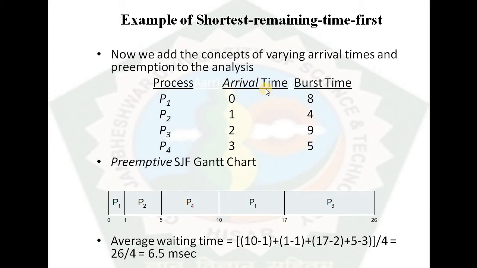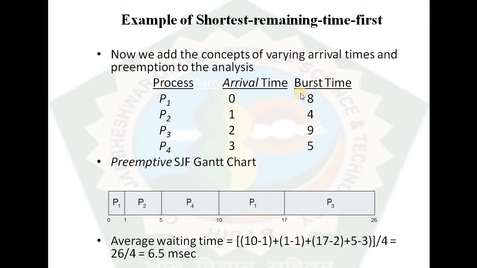It represents the arrival of these processes. Firstly, process P1 comes at time 0. As the time goes to 1 millisecond, you can say the second process comes into the ready queue. When the time goes to 2 milliseconds of the total time, process P3 comes into the ready queue. After the 3 milliseconds of total time, again one process is added into the ready queue, that is P4, and